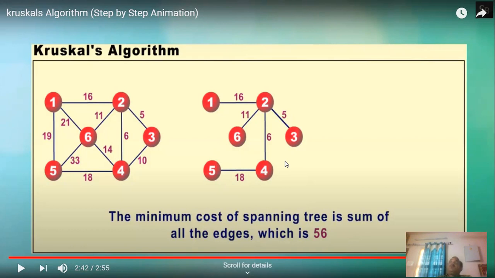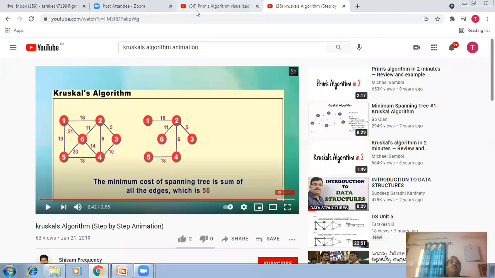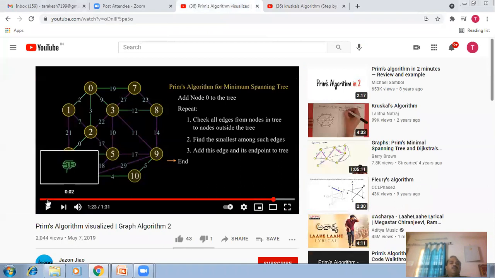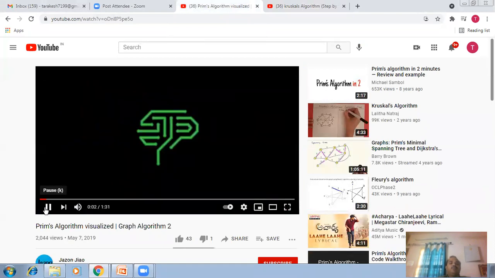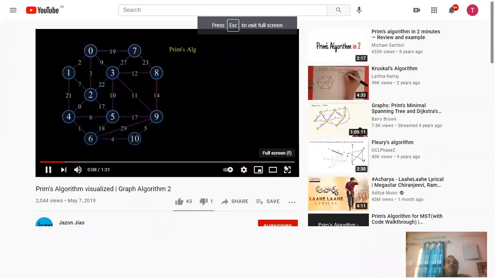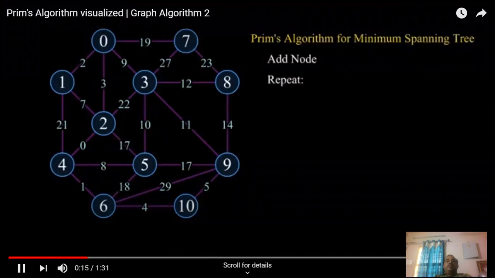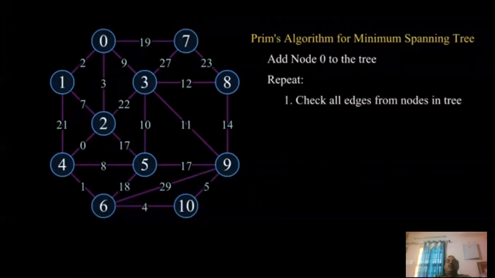So then, here simply Prim's algorithm and Kruskal's algorithm. So again, I will show the Prim's algorithm. No problem. Learn clearly. These are the most important algorithms. So this is Prim's algorithm. In Prim's algorithm, to find the minimum spanning tree using Prim's algorithm,